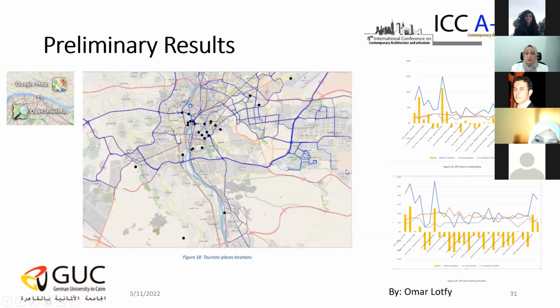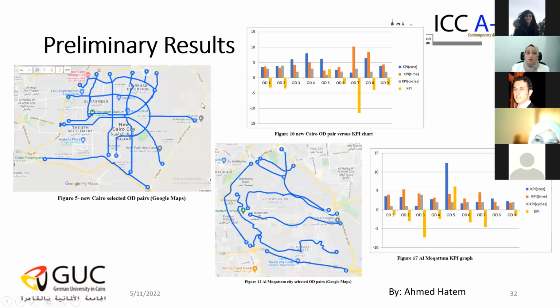These are the results of the KPI testing for a certain activity, which is touristic trips in Greater Cairo. This is the map of Greater Cairo. These are tests from New Cairo, which is on the peripheries of Greater Cairo itself. It's a very new city, and it represents a city in transition, and the Muqattam city, and we will find how the trips are very different and the routes planned are very different because of the topography of the existing city.